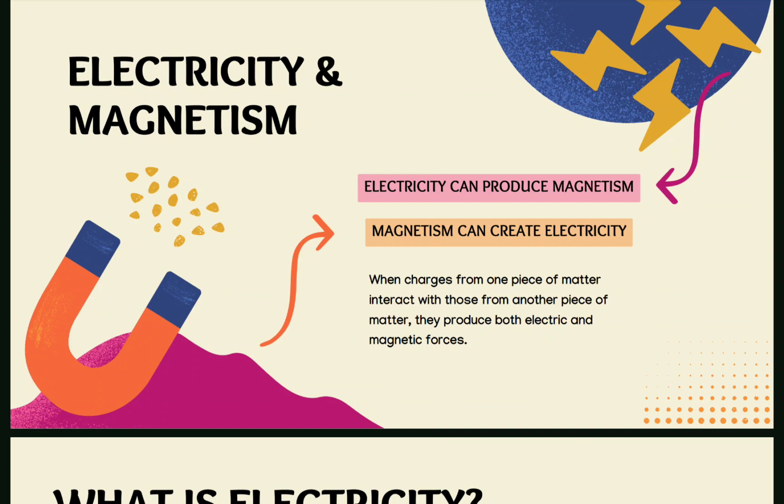Before starting, I just want to give you a quick fix. Electricity is responsible to produce magnetism, and magnetism can also create electricity. Now you might be wondering, if electricity can produce magnetism, why don't magnets have current? When we touch the magnets, why don't we feel the current? In the same manner, if magnets can produce electricity, where is it used?